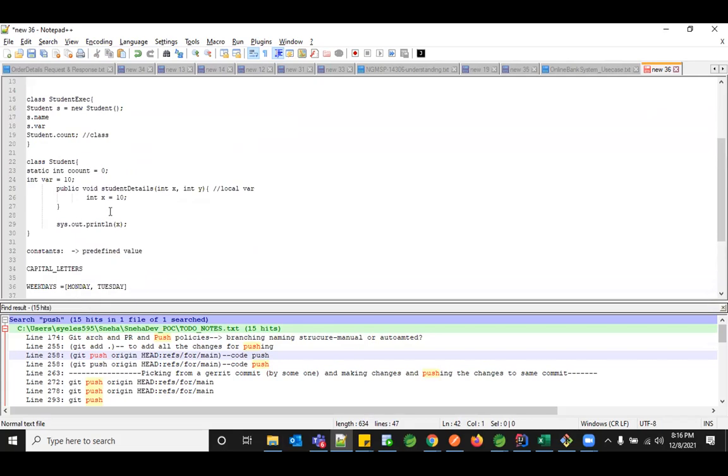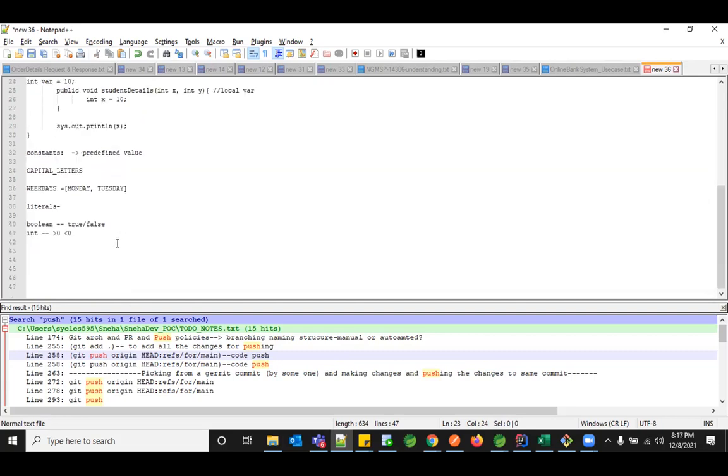And why do we need variable names? Basically, your variables are your references for the human to understand, whereas the system will keep it as a reference for the memory it gets created for that particular variable. So this is static int count = 0, right? So count is the reference name it considers, but internally a memory is getting created for this particular variable and where the value 0 gets stored. So variables are nothing but a name which is being created, which actually refers to your memory location, which has your actual data which you're creating or initializing or you're setting at a later point of time. So that is why we need variables in our code.